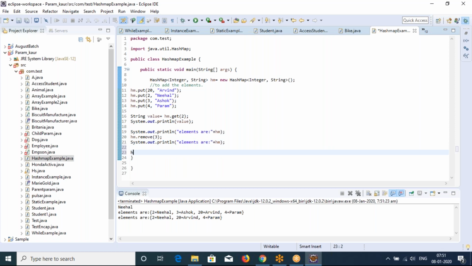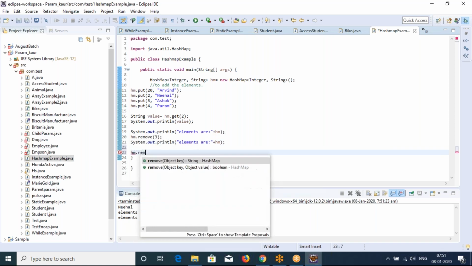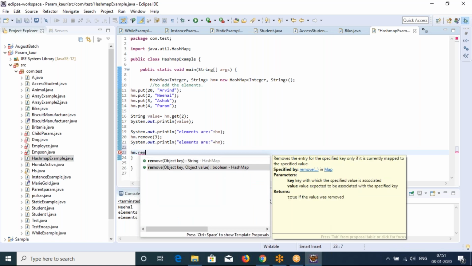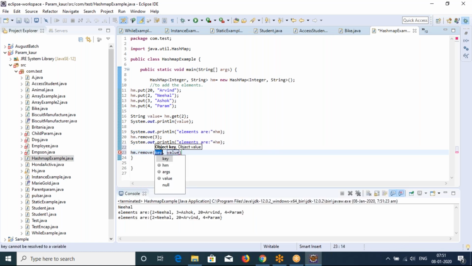Yeah, we can give both key and value also here. Now, what I will do, add.